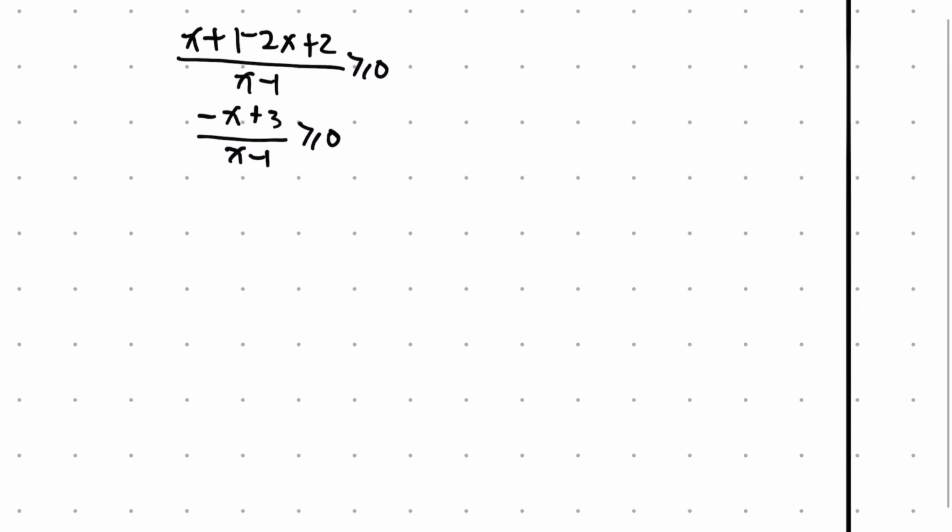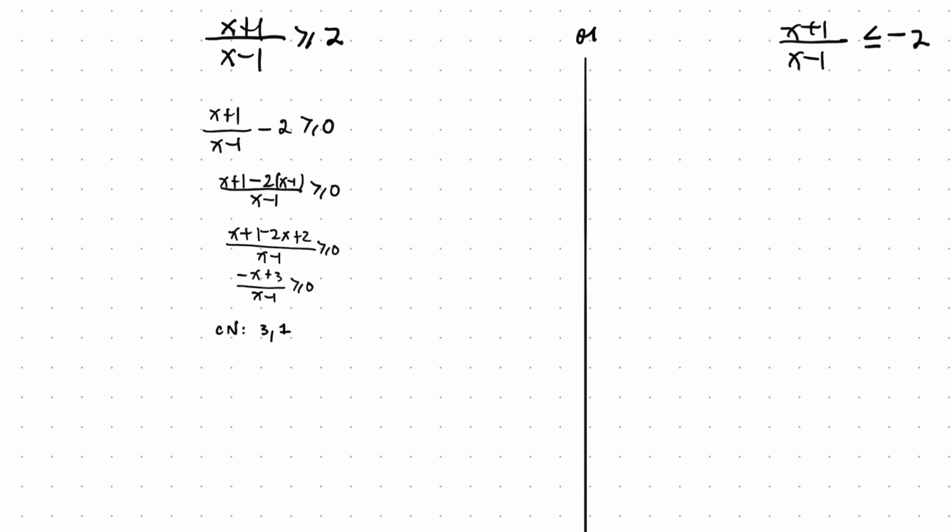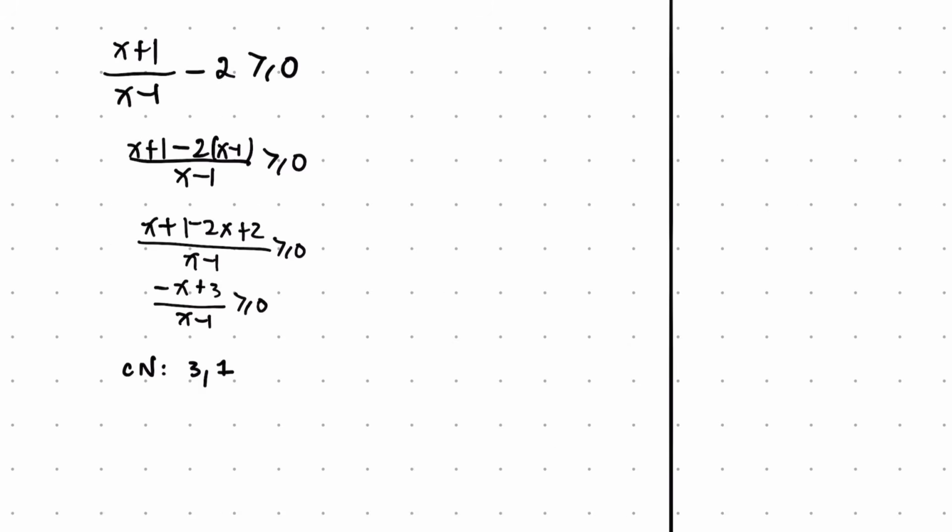Tapos, ito na yung inequality na gagawa natin ng table, right? So, let us find the critical numbers. Numbers that will make the numerator 0, denominator 0. In this case, you have 3. In the denominator, you have 1. Gawa tayo ng table. Ito yung favorite part ko, gumagawa ng table. So, 1, 3, you have negative x plus 3, x minus 1,